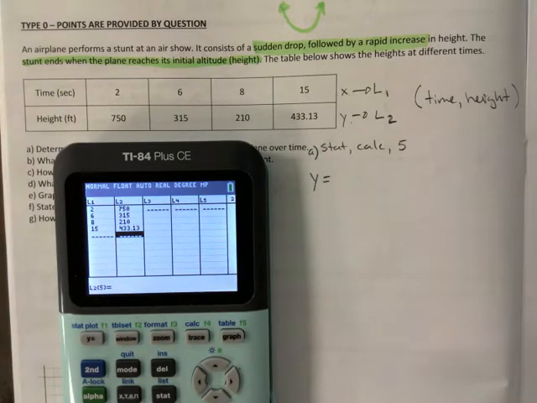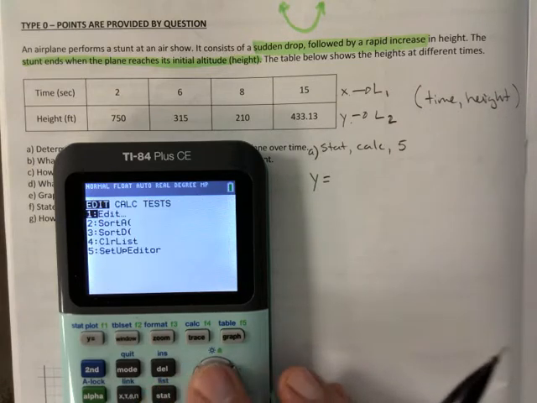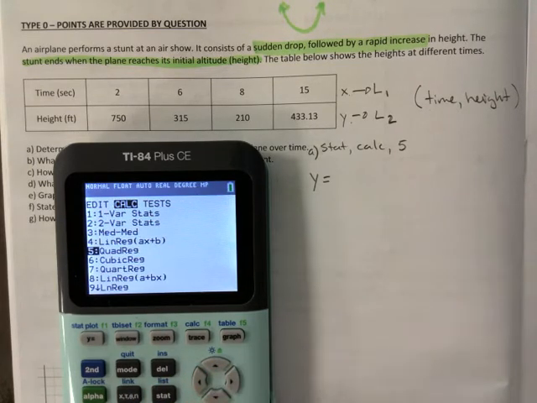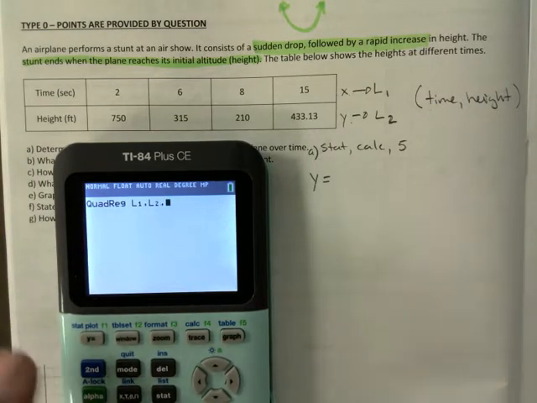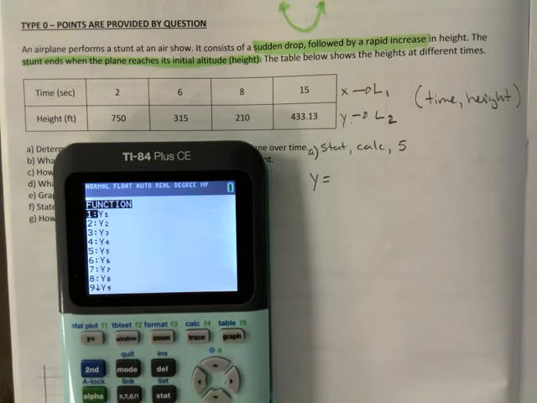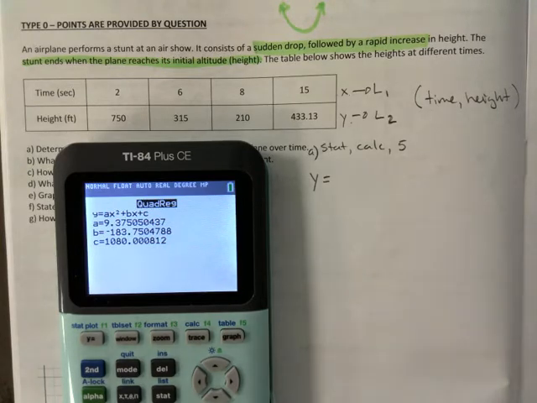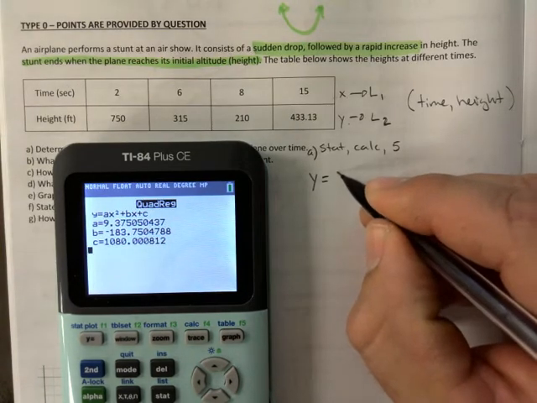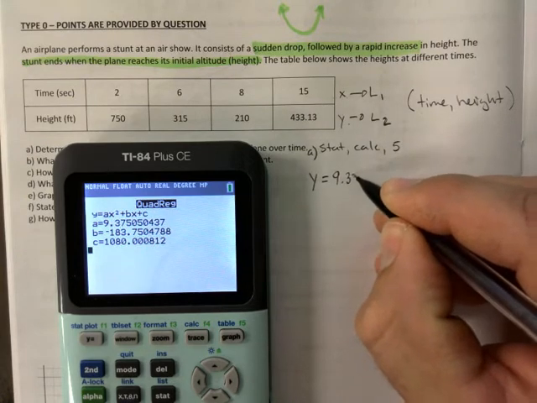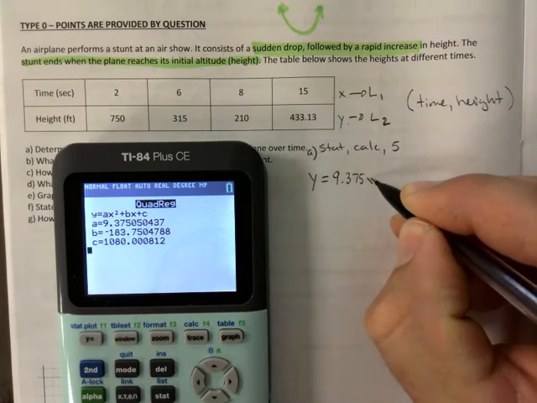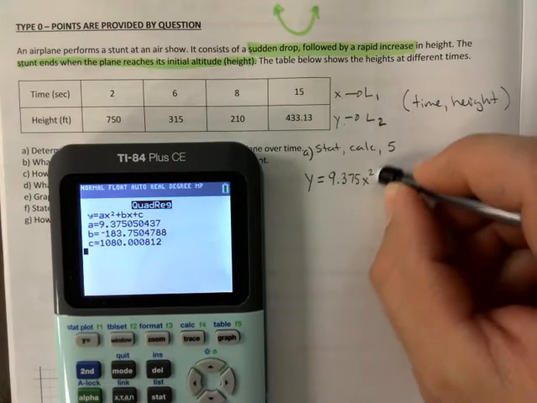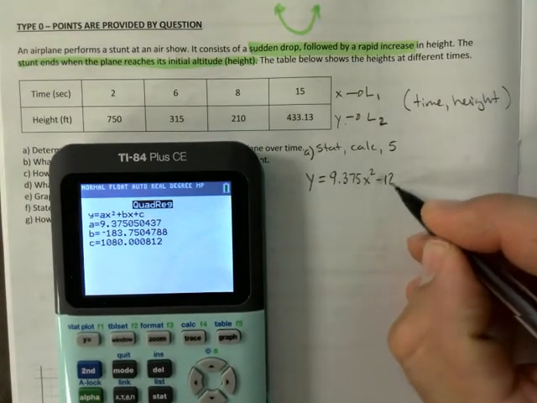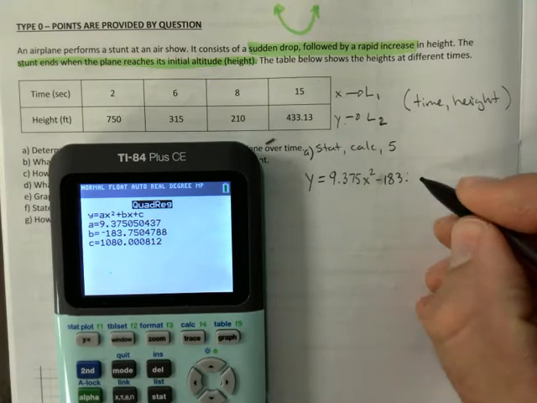So I enter them. Then I go ahead and perform my regression, stat calc, quadratic regression. Second 1, comma, second 2, comma, vars, y vars, enter, enter, enter. And there it is. I'm going to use 3 decimals. Okay, so 9.375 x squared plus, oh, negative, right? It's minus 183.750